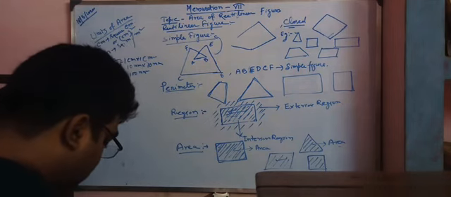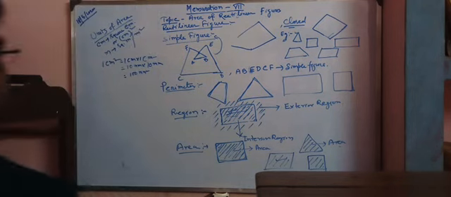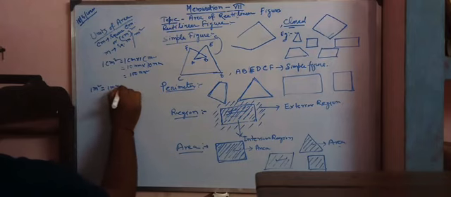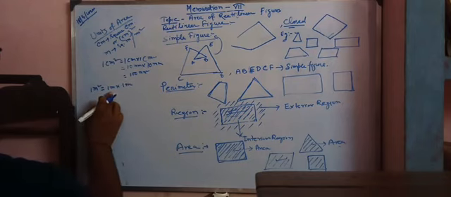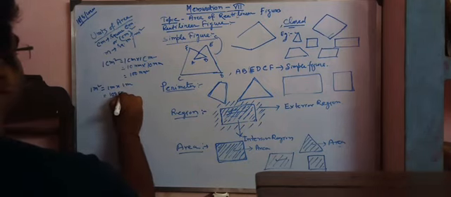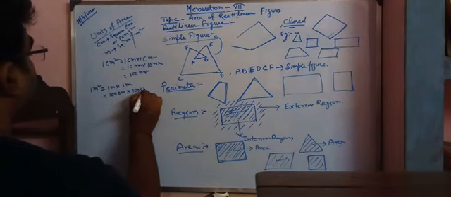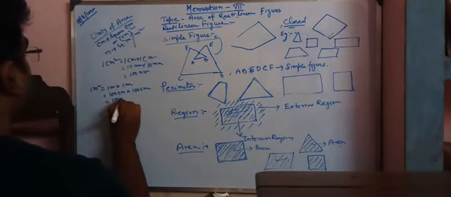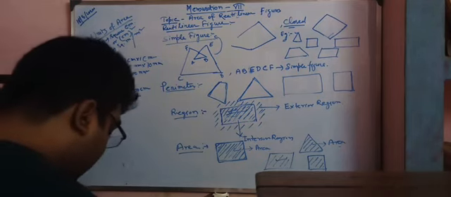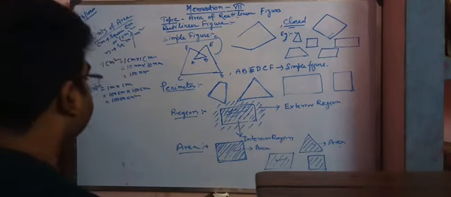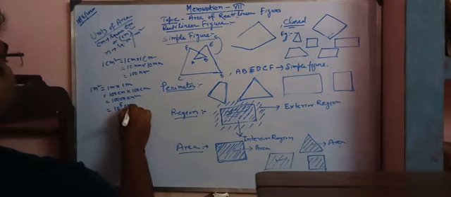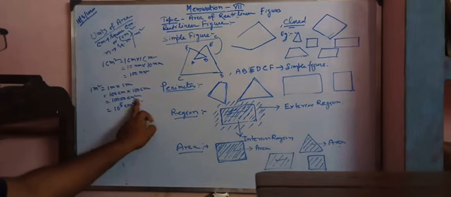Next, if we have to change 1 meter square to centimeter square, 1 meter square is equal to 1 meter into 1 meter. Okay. So now 1 meter is equal to 100 centimeter, so that is equal to 100 centimeter into 100 centimeter. That means 10,000 centimeter square. So these are the basic conversions. Now 10,000 we can write by the laws of exponents as 10 to the power 4 centimeter square. Okay. So this is the conversion of unit.